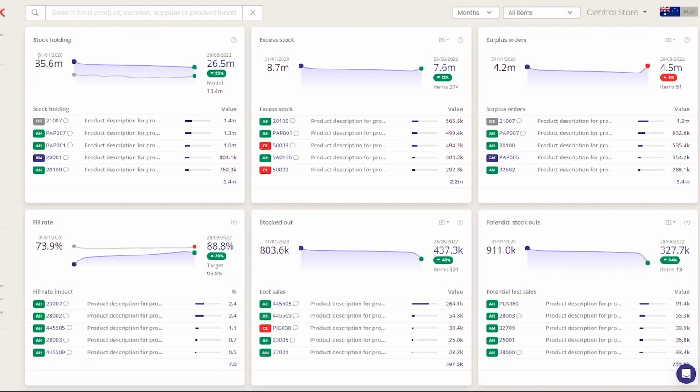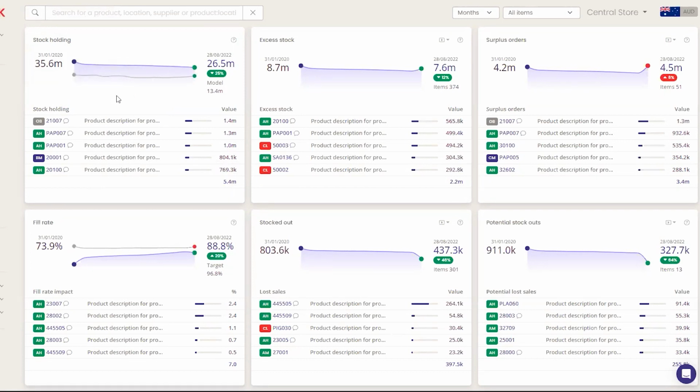We have our stock holding here on the top left-hand side of the panel, so we can see our progress in months or days or weeks as we want to track our items, where we started, where our inventory level started, and where we are today, and how close we are to achieving the model that we want to achieve with Netstock. You can see your top 5 inventory items, so in value on the top 5 list, and you can access the full report from either the hyperlink here at the bottom or at the top here.